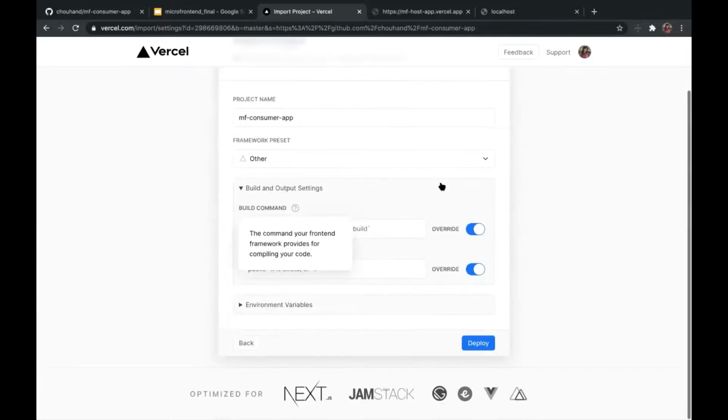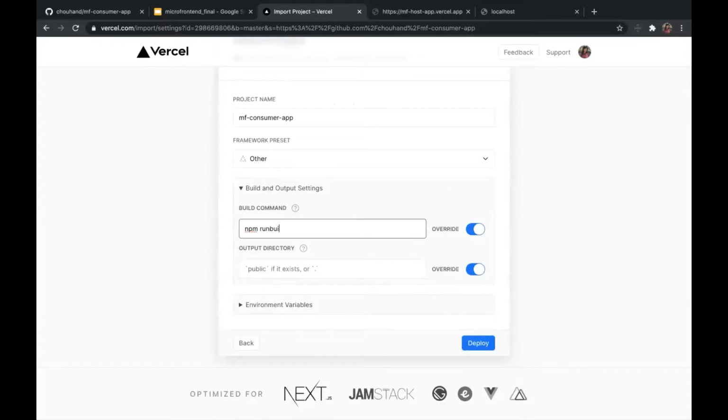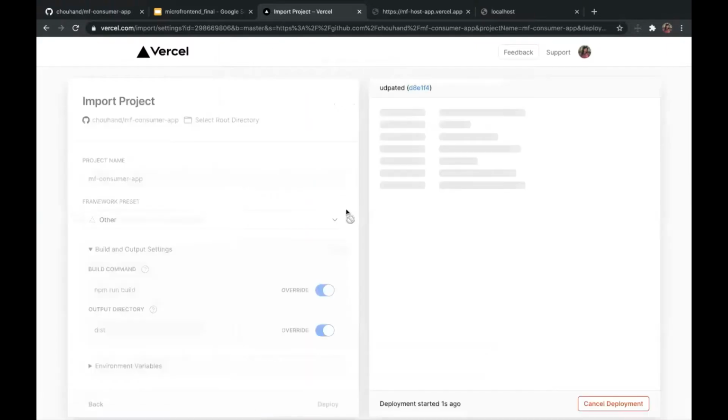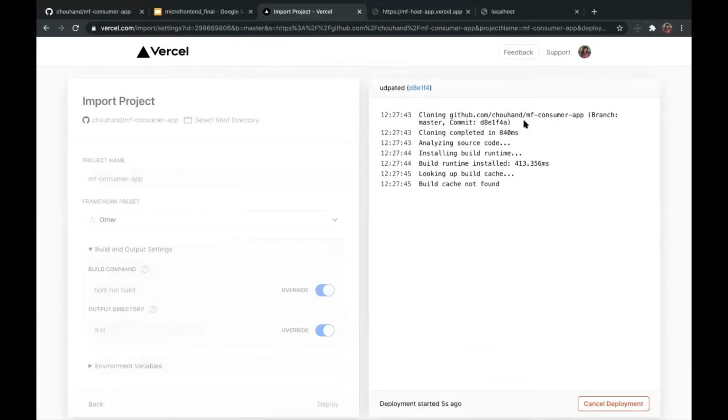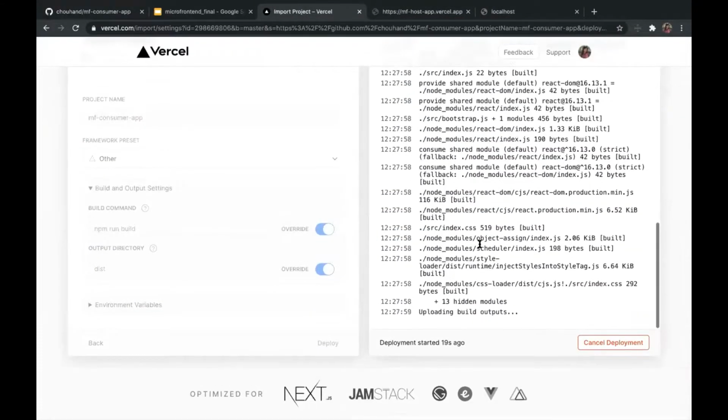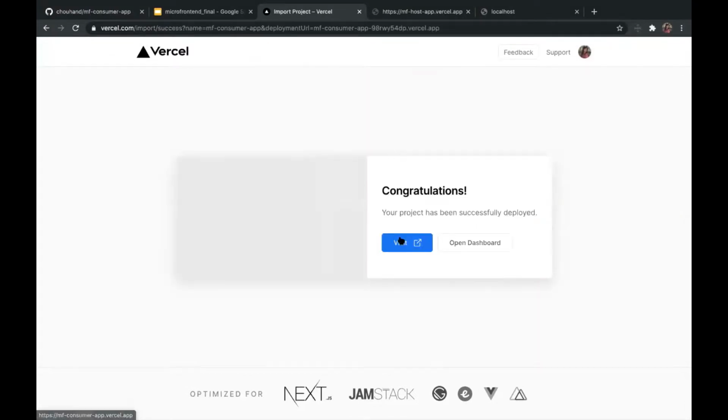The script should be npm run build, and it should go to this folder. Deploy. And I have created this with one of my templates. So both initial ones, this one I have created with this template, so it has more or less the same code. It is building, sorry, deploying, and it got deployed.